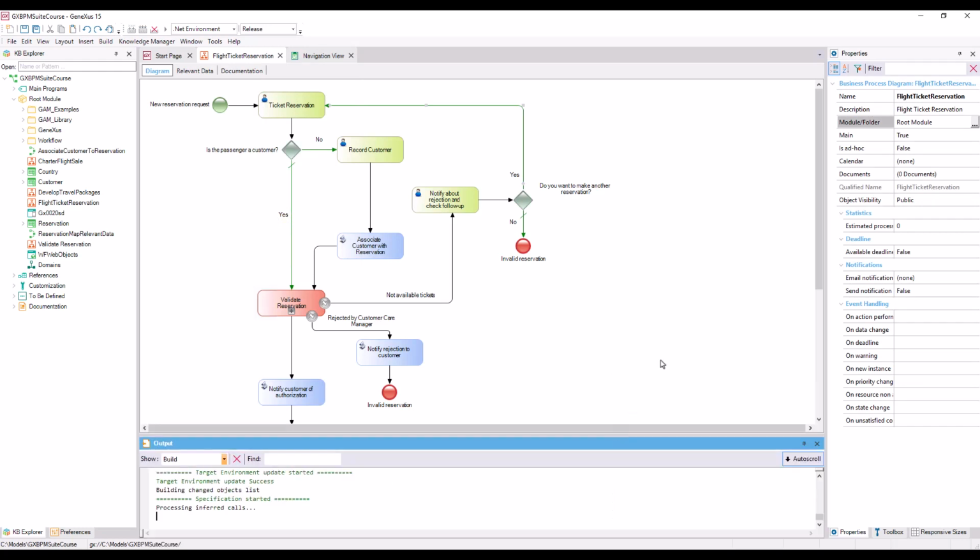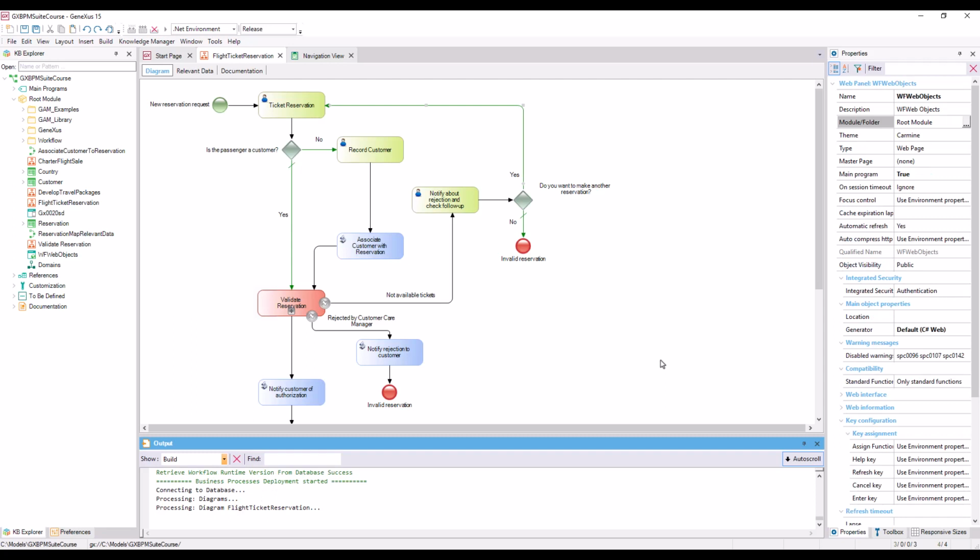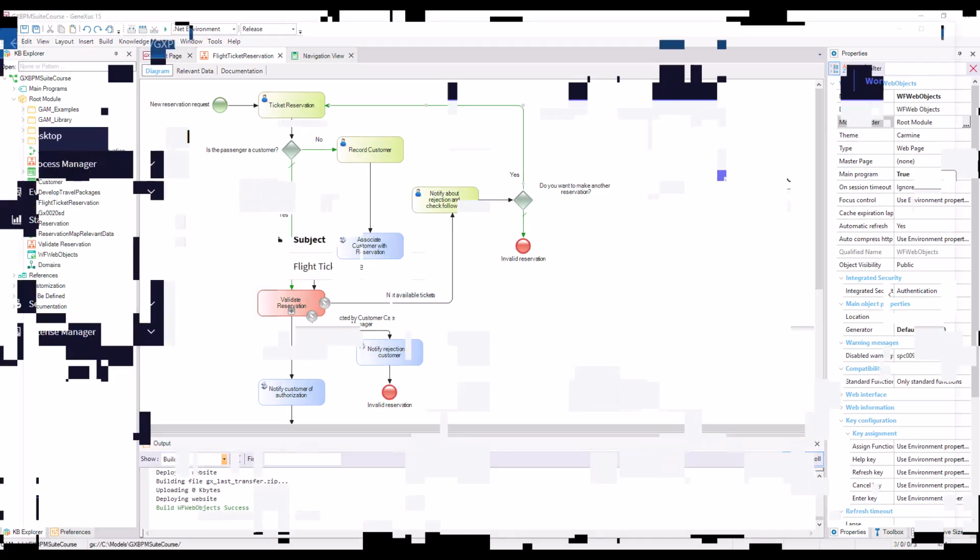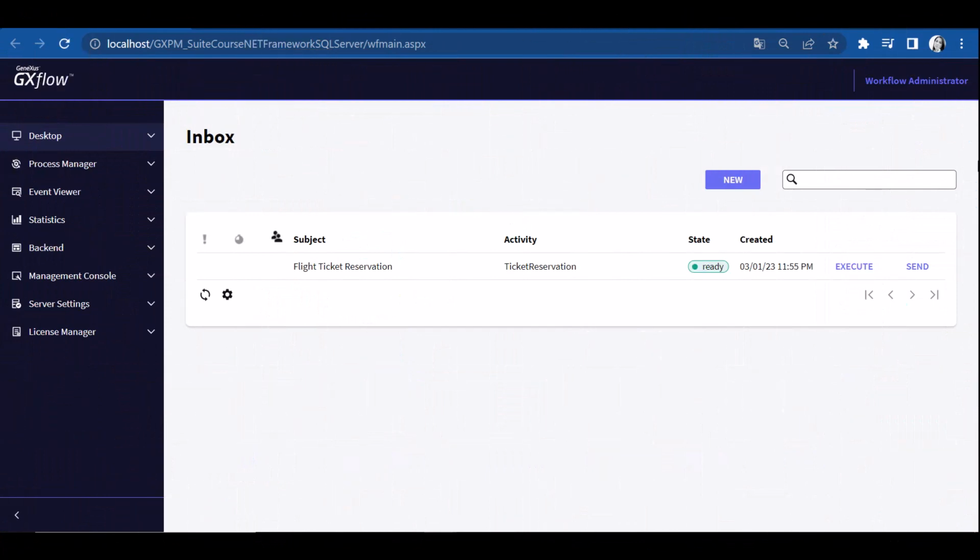Since this is the first time we execute the diagram, the database will be created as well as the tables that will store the definitions of the process we model. This information is called metadata and is managed by the workflow engine for executing and administering processes. After the specification, generation and compilation of the KB's objects are complete, we will see the start of a window